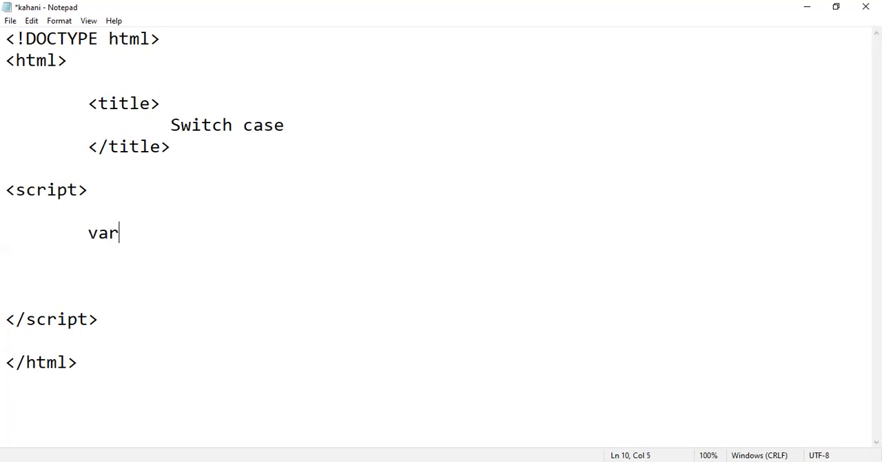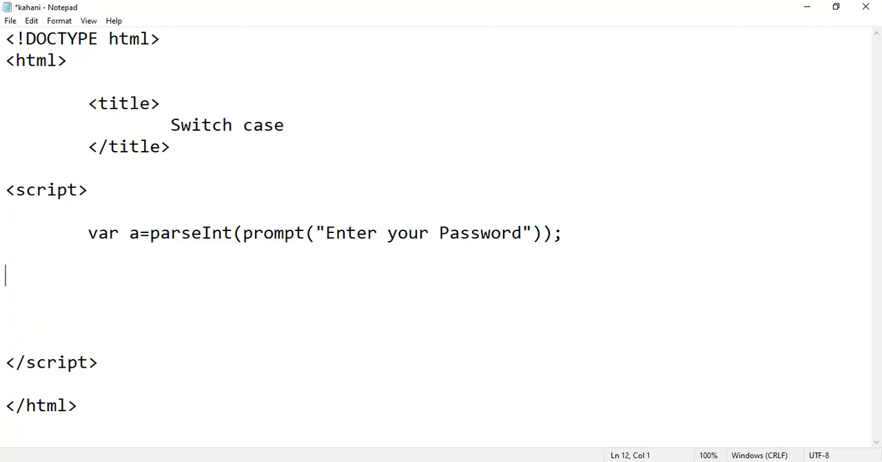First, just use the variable a, right? And use enter your number, parseInt, and use prompt: enter your password, right? And just close this like this. And after that,